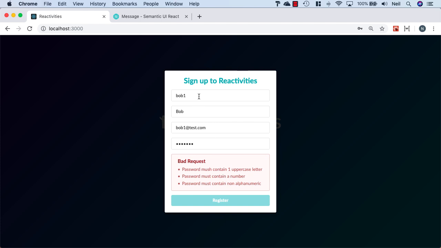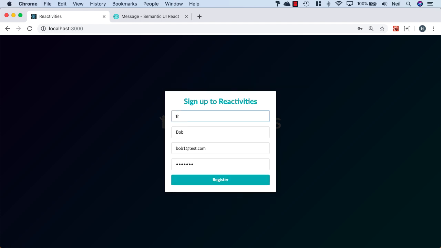And it would be a good idea to test that we can actually create a new user and be redirected as well to our activities page. So I'm just going to create a new user called Fred and username of Fred and say fred@test.com and give it a complex password and click on register,